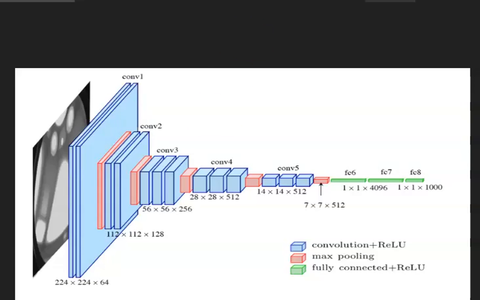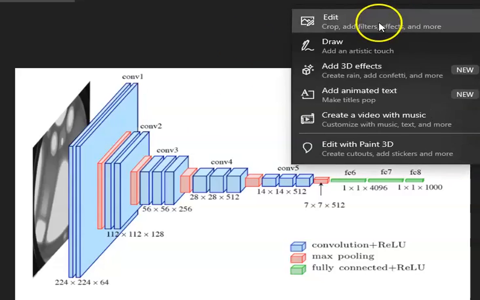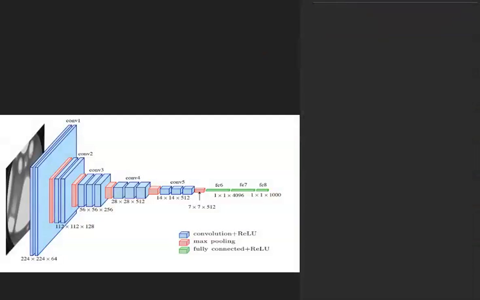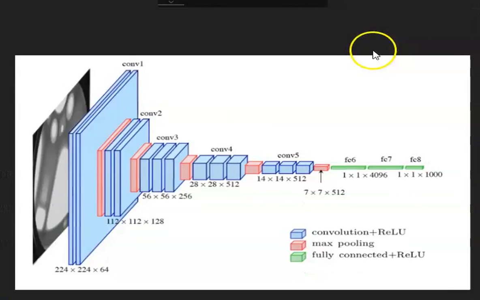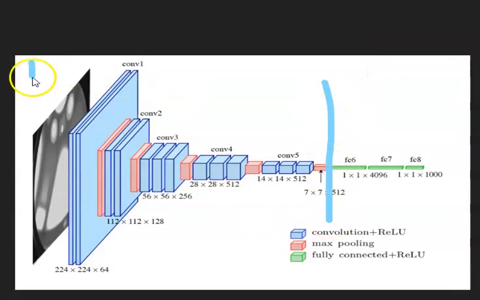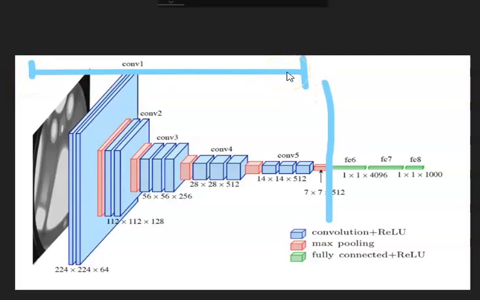For example, this is our VGG16 architecture, and as we know, until this point from here to here is the actual feature extraction part, where we